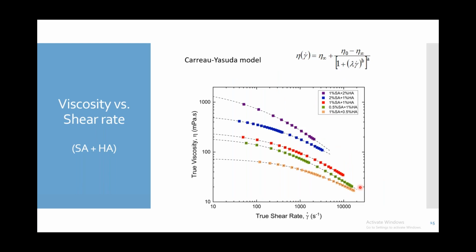For sodium alginate, we used a functional relationship between viscosity and shear rate to calculate zero shear viscosity. Here we do the same analysis for the combination of sodium alginate and hyaluronic acid. For these samples, we used the Carreau model, which is an empirical equation that is used to fit non-Newtonian data. The equation is shown here, where eta naught is zero shear viscosity, eta infinity is the high shear viscosity plateau, lambda is a characteristic time scale, and the exponents a and b stand for power law indexes that typically depend on polymer